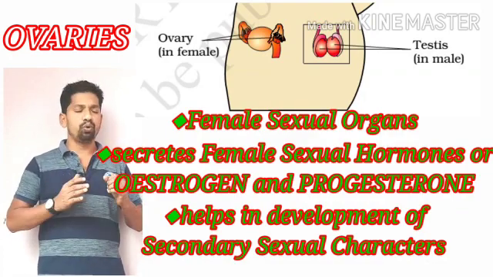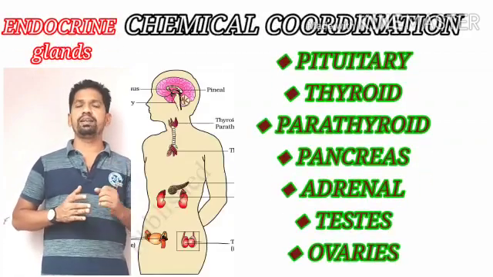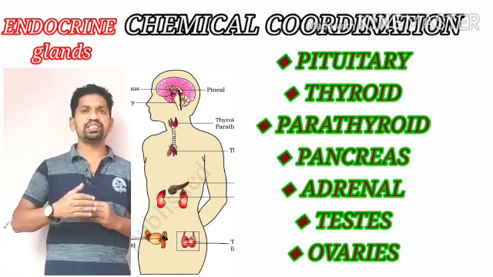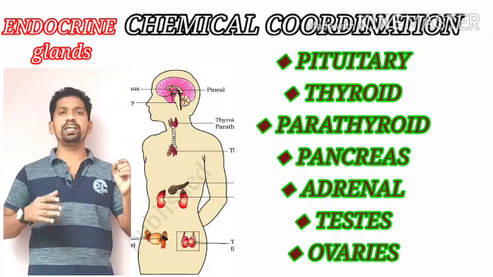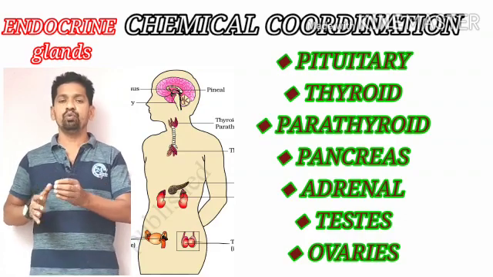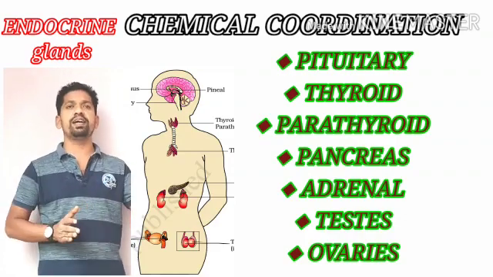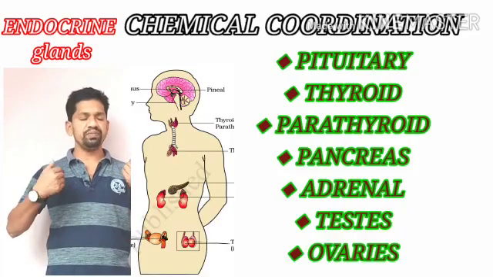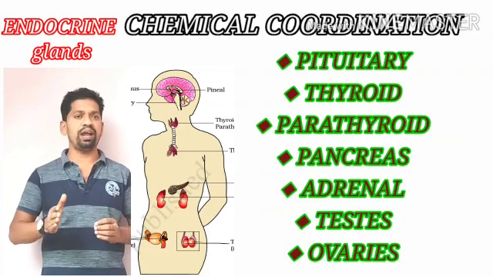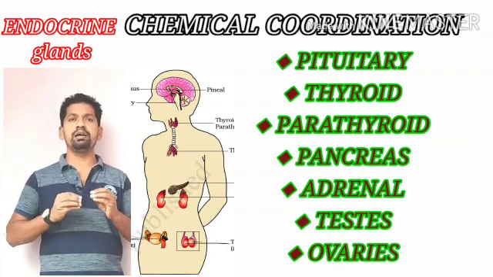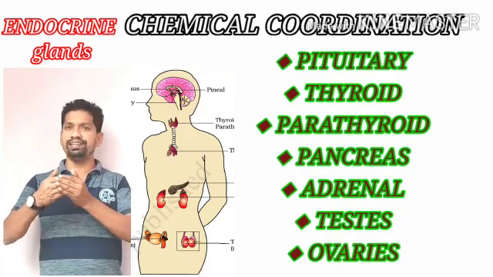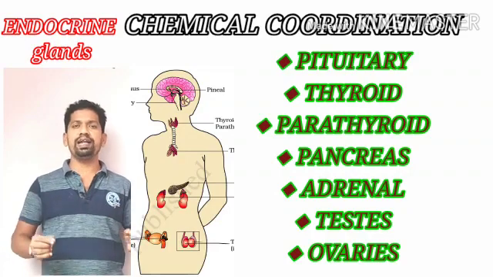So with the help of thyroid gland, parathyroid gland, pancreas, adrenal gland, testes, ovaries, the pituitary plays an important role in the coordination, a part of endocrine system, which is a support system for the nervous system. That is why in our body we have two systems for coordination, the nervous system and endocrine system. The endocrine system has the ability to play a supporting role for the nervous system by having different types of endocrine glands. All the endocrine glands are completely controlled.